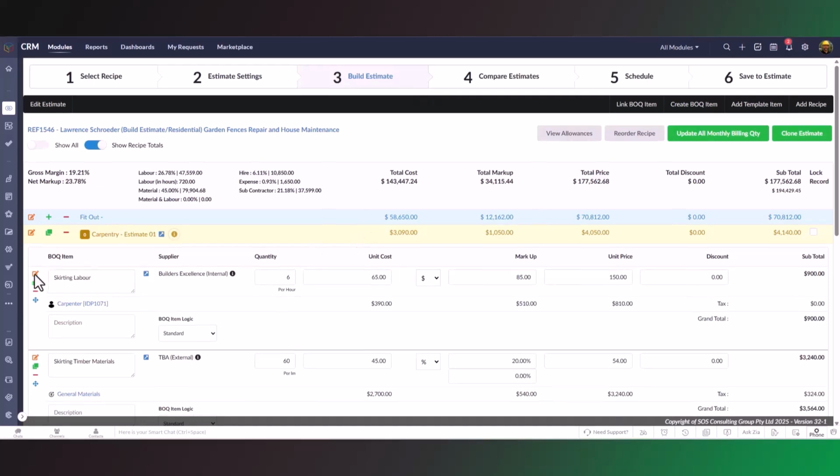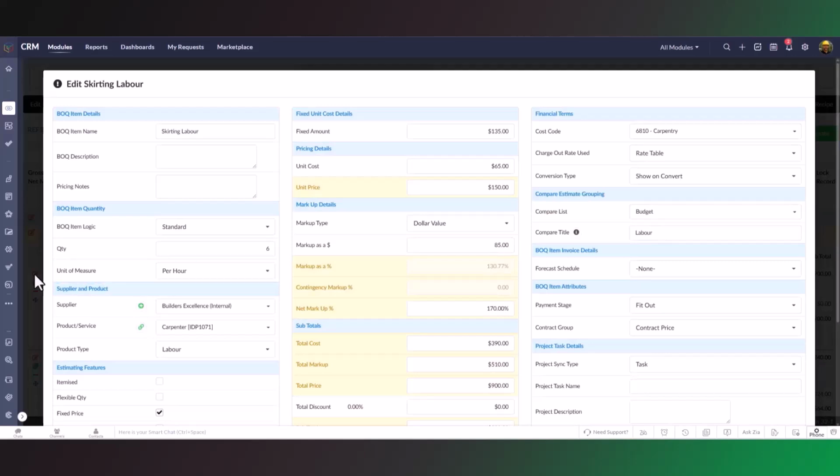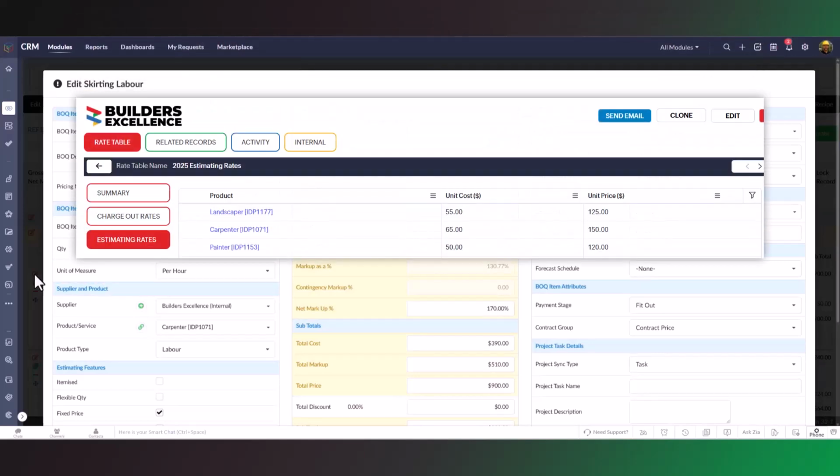In this demo, the unit is set to per hour. The estimating rate tables are also based on hourly rates. Therefore, when using rate tables with BOQ estimating, make sure the BOQ items have the same unit of measure. If sharing the same labor product as a rate table,